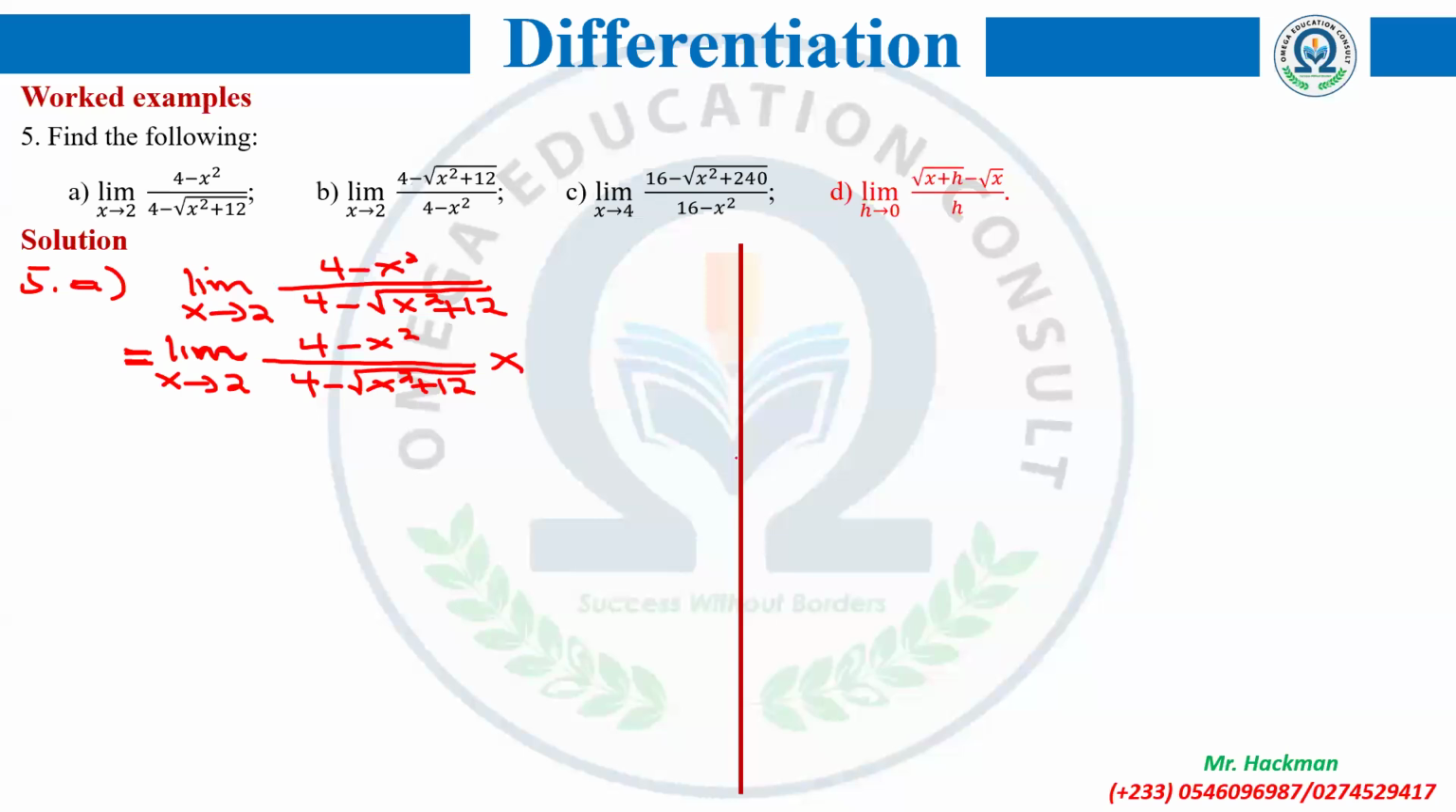Okay, all right. So now what do we do? We are going to multiply both the numerator and the denominator by that. So the conjugate we said will be 4 plus root of... so the numerator will be 4 plus root of